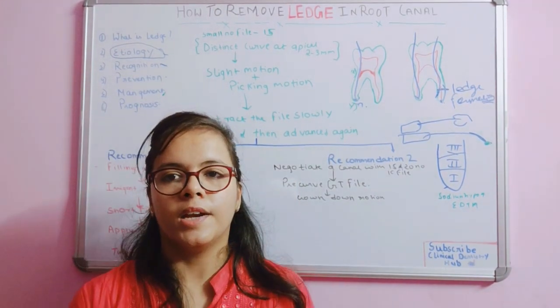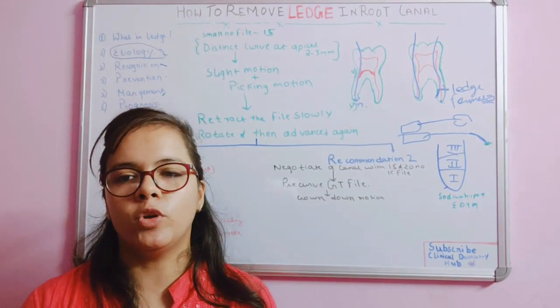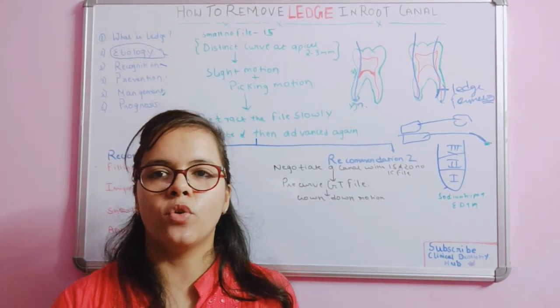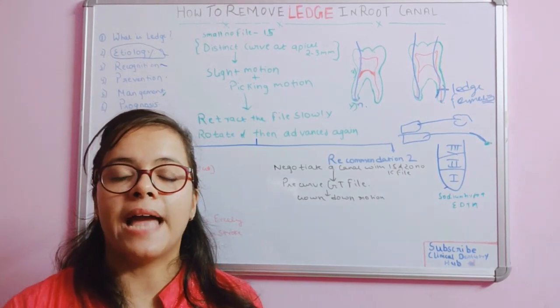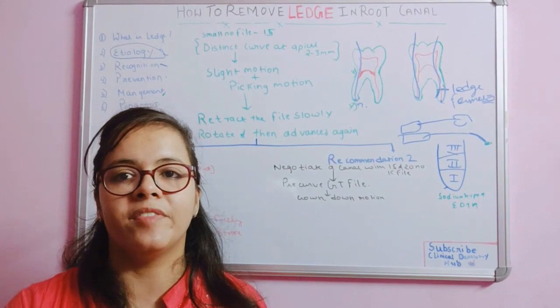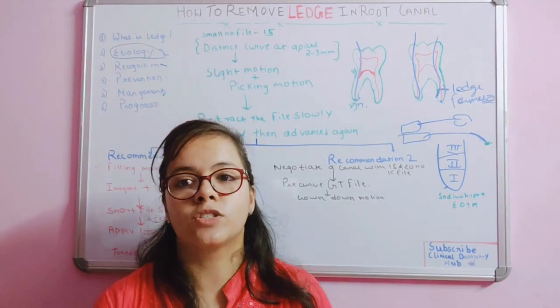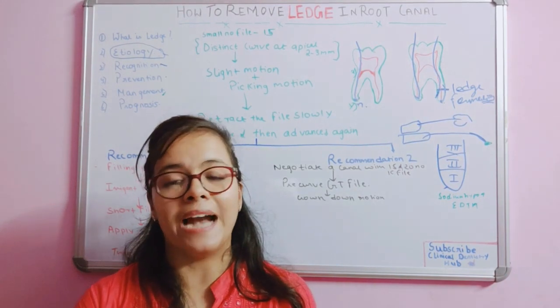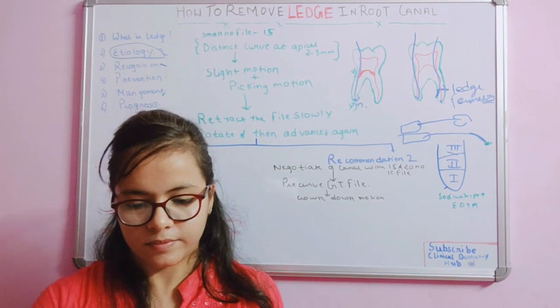Now after bypassing the ledge, suppose you are not able to bypass the ledge. In that case, when you obturate with the help of gutta percha point, what basically you see is that your gutta percha point will not go up to that position and will have a dead end. It will get stuck at that place. So what you just have to do, that GP will definitely catch a ledge.